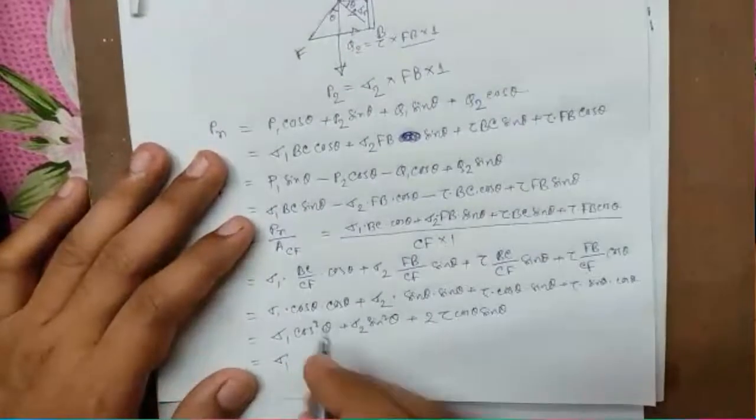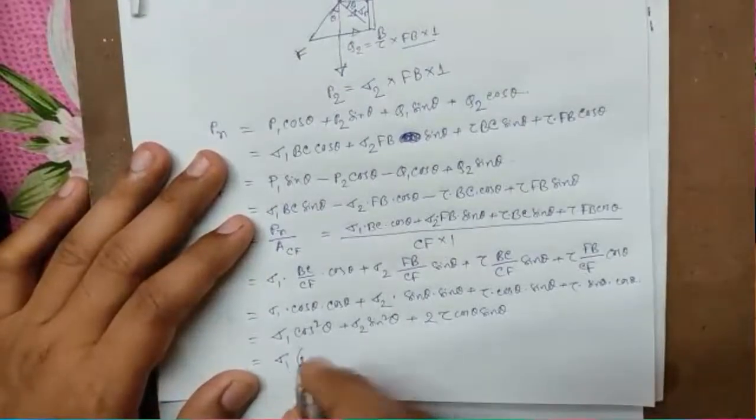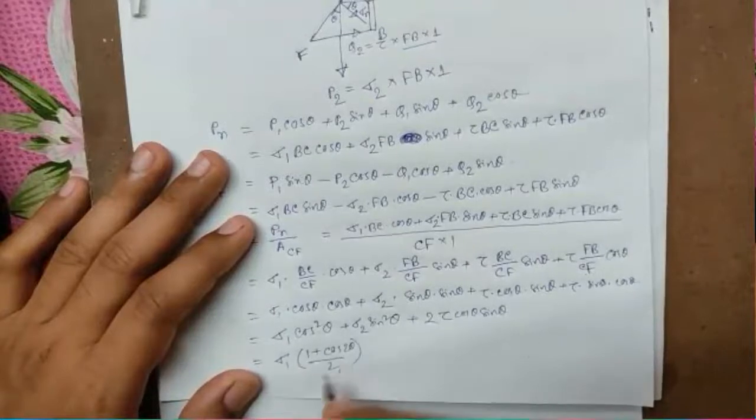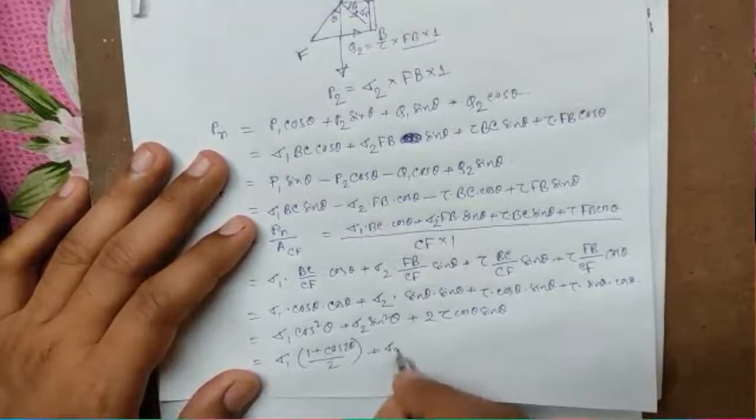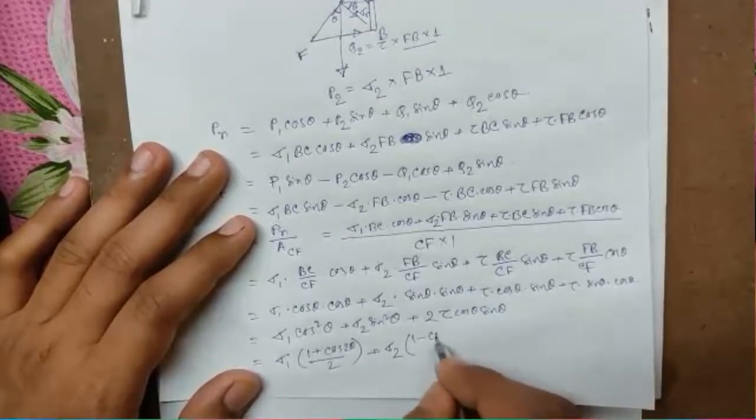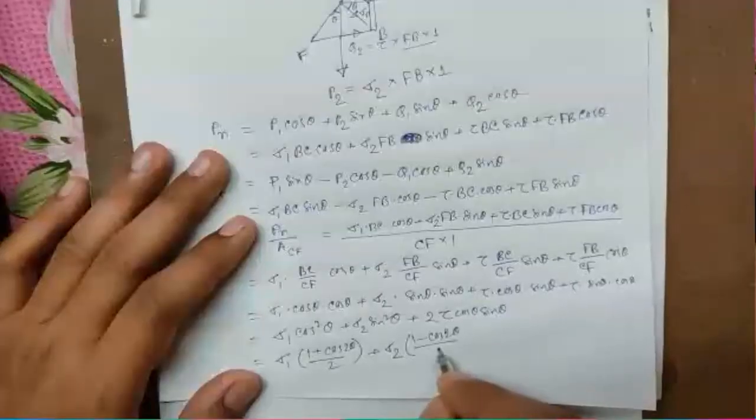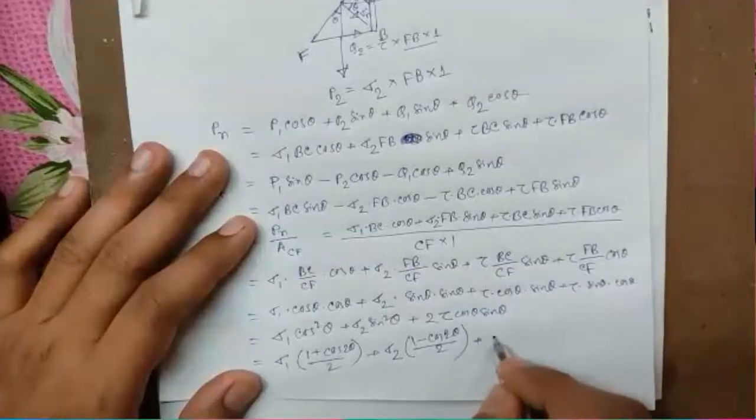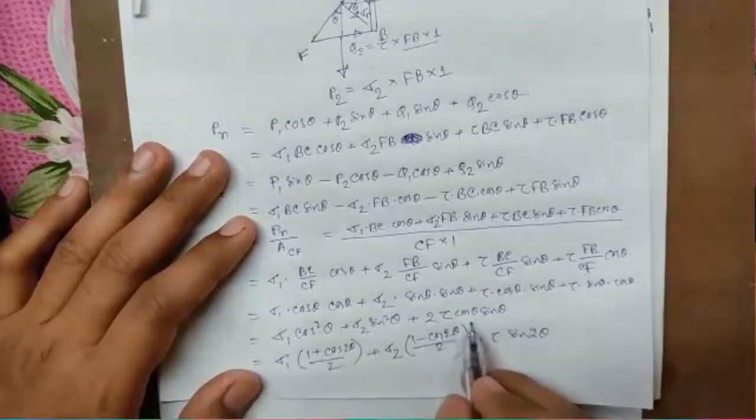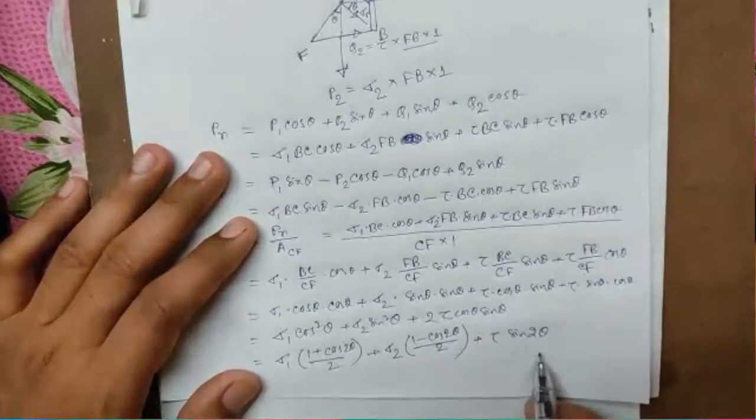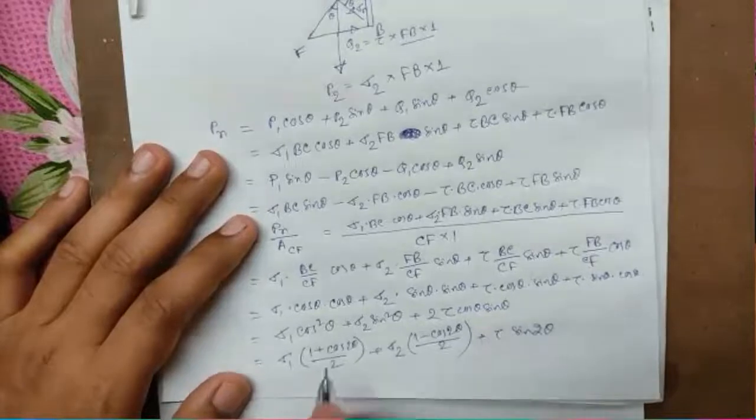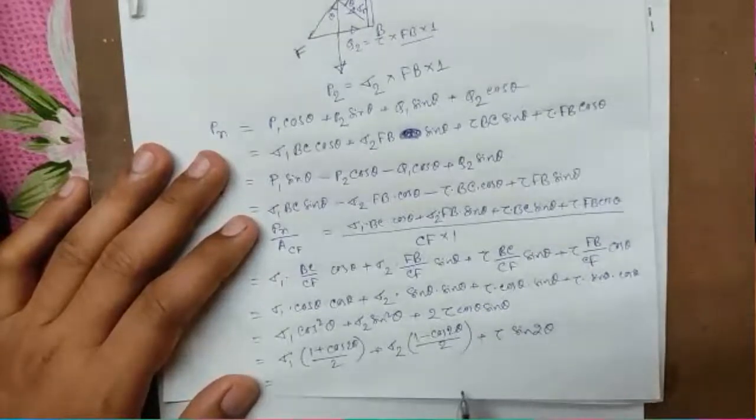So cos squared theta can be rewritten as (1 plus cos 2 theta) by 2, plus sin squared theta can be written as (1 minus cos 2 theta) by 2, plus tau into sin 2 theta, using the 2 sin theta cos theta formula, tau sin 2 theta. Okay. Now, by rewriting this, breaking this up, we can write